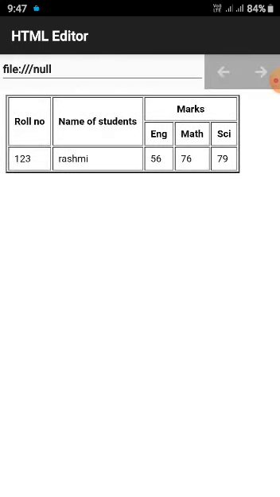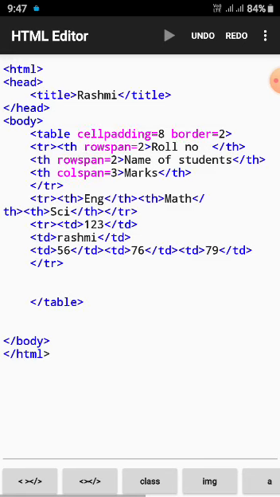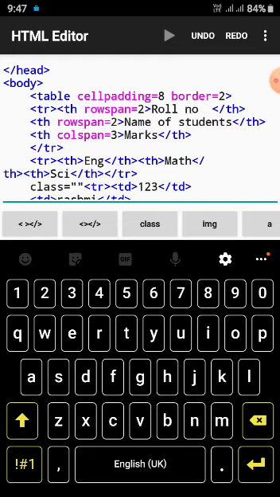And now check. Is everything perfect, students? Yes. Below roll number 1 2 3 is coming, the name is coming, the English mark and the 3 subjects are also coming. So now what you can do, suppose the question is to make 5 rows.